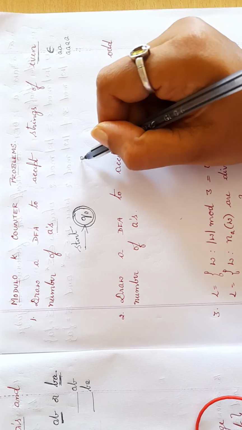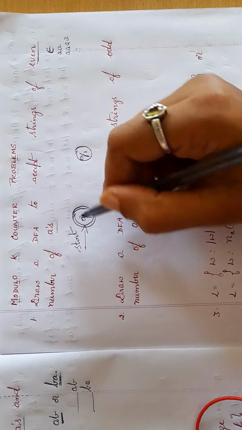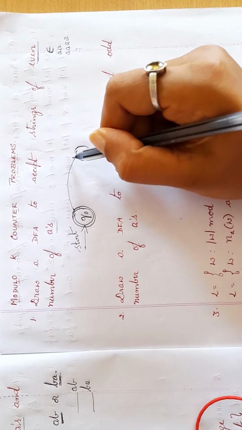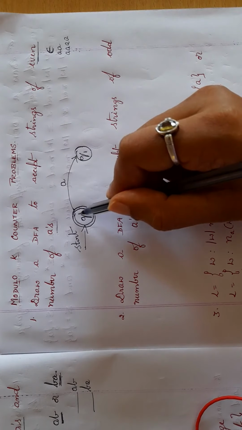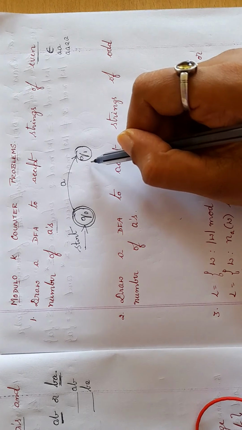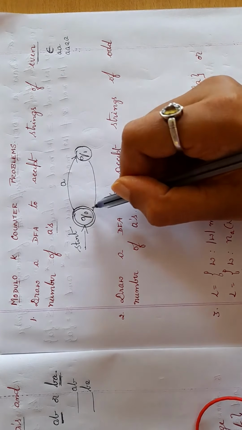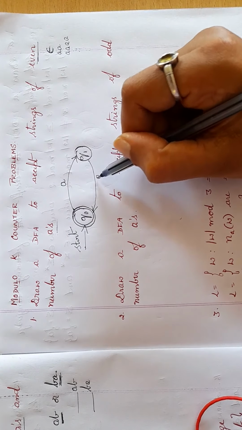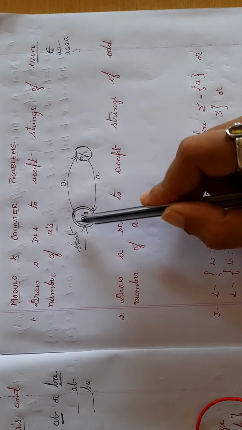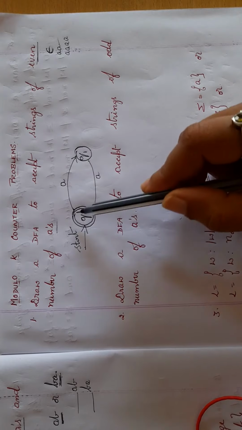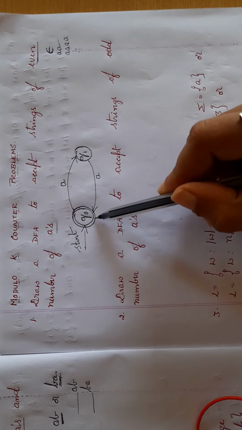So I'll take one more state, Q1, and I'll give the transition like this, with respect to A. From Q naught I got one single A, so I'll move to Q1. From Q1 I'll read one more A and move back to Q naught. So my next base condition is satisfied. Epsilon is done. Next is AA. It is the accepting state, so it is done.